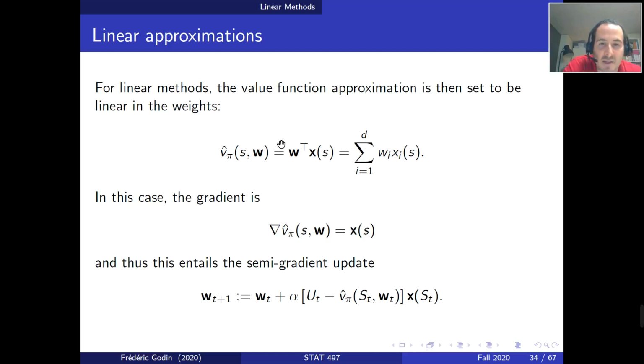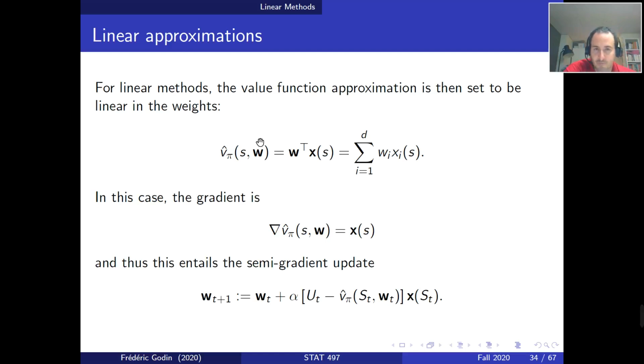Here this vectorial product is in fact the sum of all weights, or all parameters within the vector, times the ith feature or characteristic of that state. So this method assumes that the value function can be expressed as a linear combination of the various characteristics